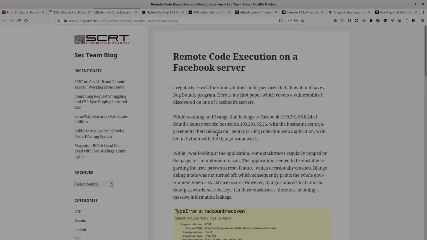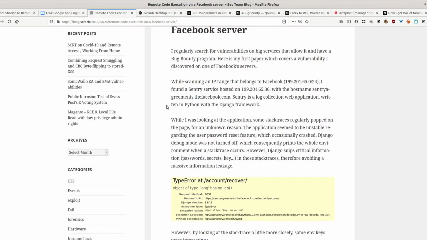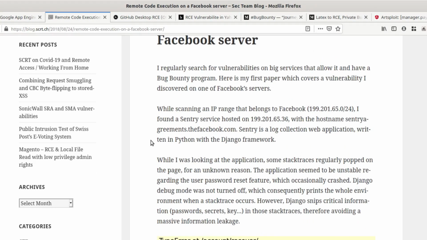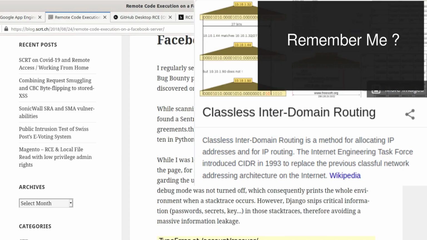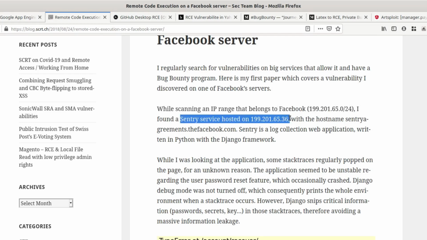Now coming to the third report of today. It's a remote code execution on a Facebook server. All the big companies, I guess, Google, Facebook, GitHub and all those. What happened here was that the reporter scanned the IP range for Facebook, and found a Sentry service that was hosted on this IP, with the host name